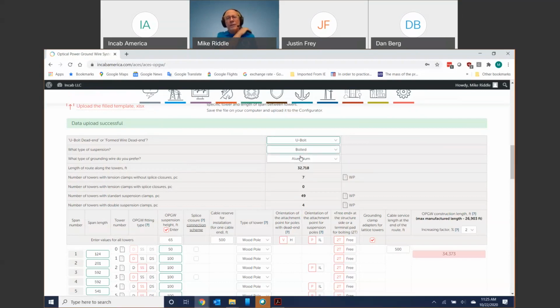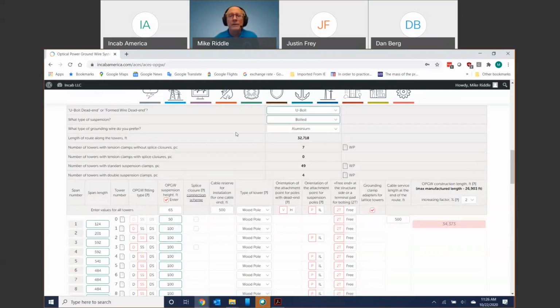So an example of a bolted clamp is a Pre-Line Products cushion clamp is what they call it. And let me take this opportunity to point out that PLP on this accessory portion worked with us to develop ACES, and we greatly appreciate their assistance. They gave us a lot of input, including their product data. Grounding, you have a choice between an aluminum or a copper grounding strap. Some customers like aluminum, some customers prefer copper,